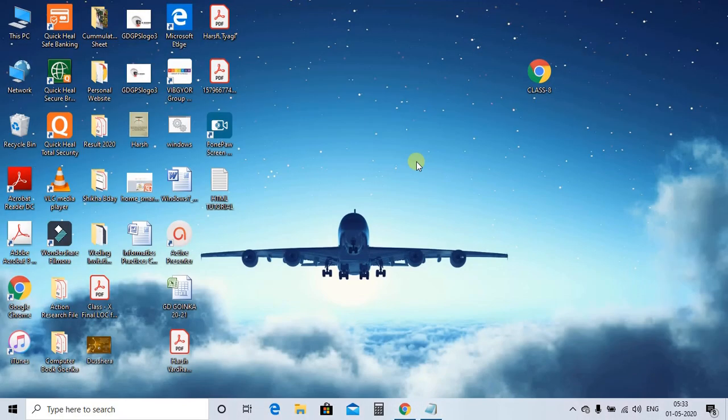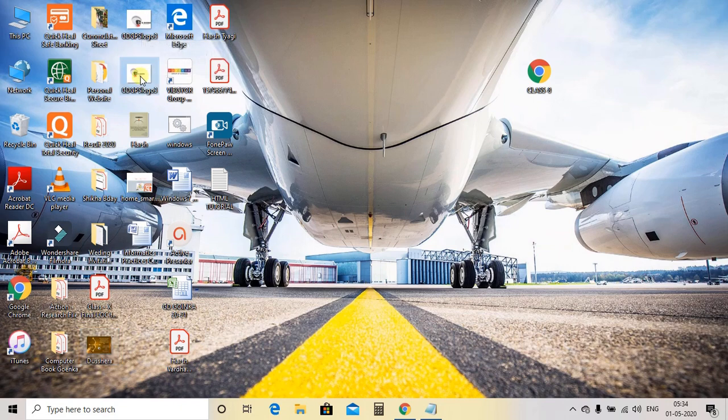Now suppose on my desktop I have an image named, okay, this image we are going to use, or let me see if we are having another image. Okay, so we have this GDGPS logo 3 as an image, and we will use this one also.